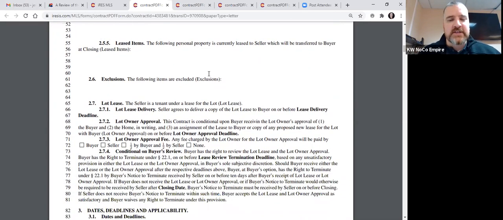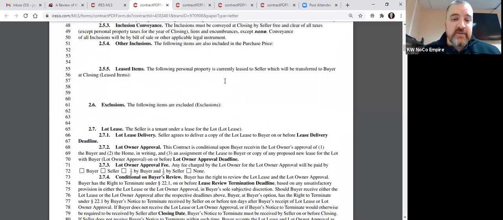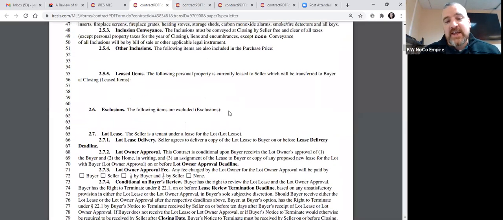Exclusions, again, guys, we don't need to put personal property in there. The standard contract to buy and sell is for real property, right? We don't need anyone's permission to take our personal property. And so if you specifically say in this contract that the following items are excluded, the seller's personal property, well,